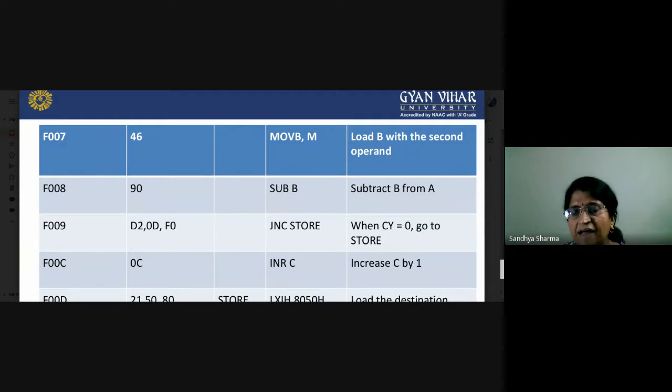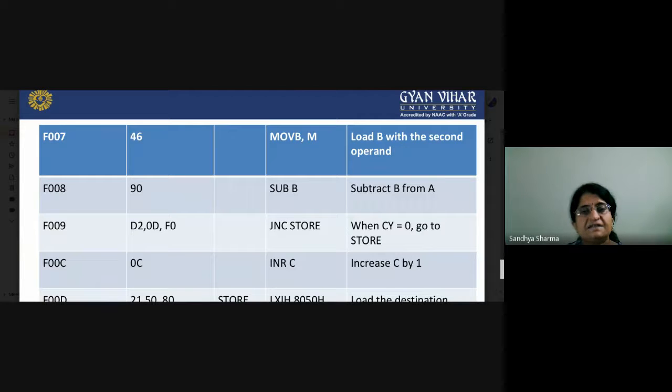Subtract B. Here the accumulator is not shown to you, but it is understood that SUB B means subtracting B from A, the accumulator. Whatever data is at present in the accumulator, you can subtract B from it. So in SUB B, the inbuilt feature is that you subtract from A.